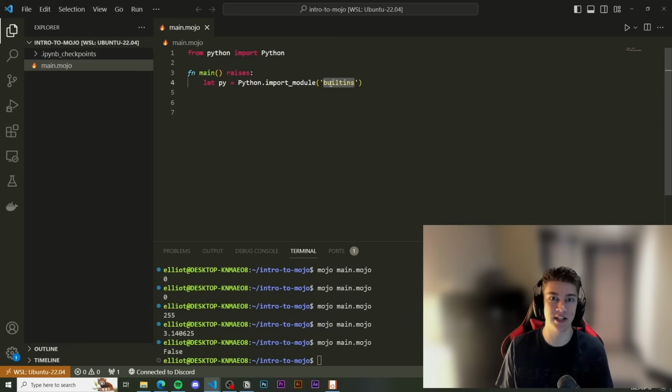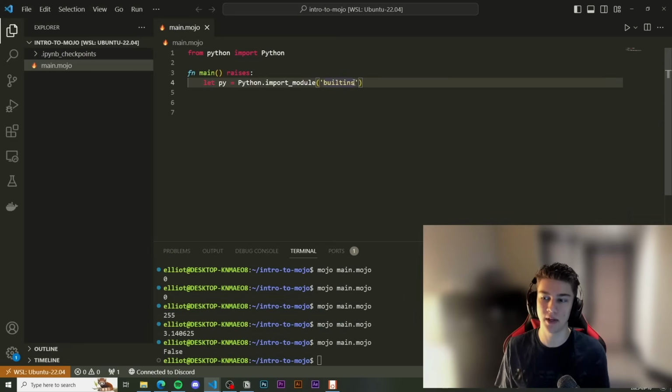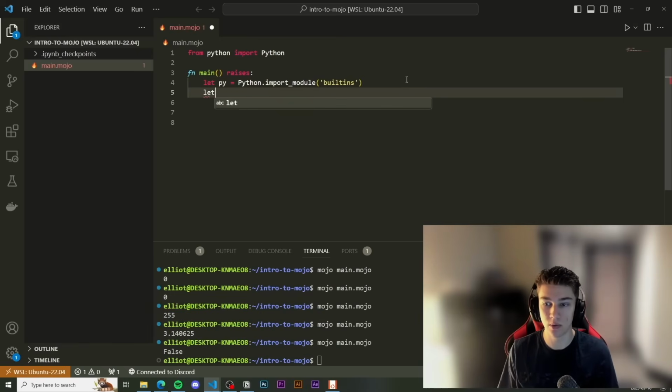It just exists as a part of Python. So you don't really need that. But in Mojo, we need to explicitly import this. And we're just going to give it a variable name, py. Awesome. So now we can go let some, say, user input equals